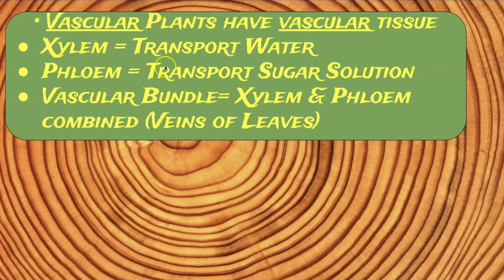Xylem is going to be transporting water. Phloem is going to be transporting a sugar-like solution throughout the plant. And a vascular bundle is just when that xylem and that phloem are kind of grouped together. This is easiest seen when you're looking at a leaf. If you see veins on a leaf, those are vascular bundles that are all grouped together to give that leaf